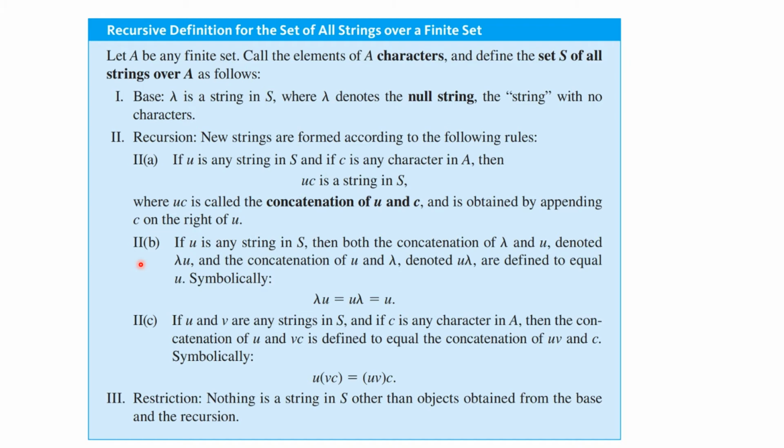Another way you can do the recursion is, if U is any string, then both the concatenation of lambda and U, denoted lambda U, and the concatenation of U and lambda, denoted U lambda, is equal to U. So we have this identity. And the third element of the recursion is, if U and V are any strings in S, and C